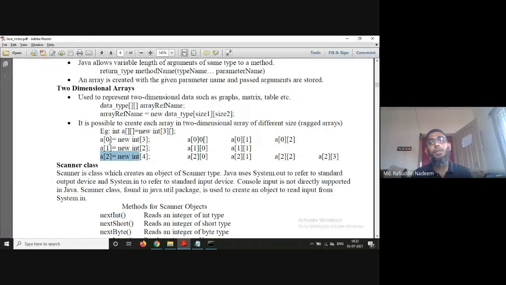So when I say a[0] = new int[3], a[0][0], a[0][1], a[0][2] will be created. Here are some typing mistakes. So it is a[0][0]. Then a[1] will be a[1][0], a[1][1]. And a[2] will be a[2][0], a[2][1], a[2][2], a[2][3]. Like that the array will be created. Okay, so this is actually possible